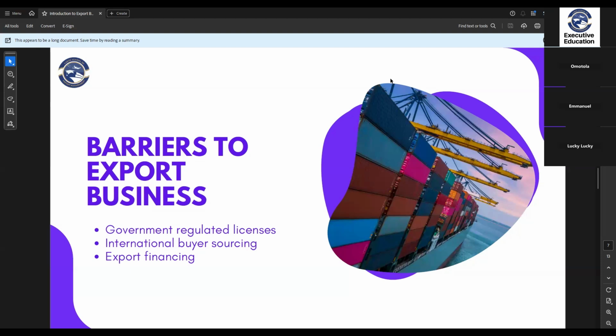So when it comes to export financing, depending on the kind of export or the area you want to enter into, what your entry strategy to the business is, export financing can be an issue. Yes, I agree, export financing can be an issue, but we are going to trash it out also as a class here. So how to finance, how to raise capital, how to get the money that you need to buy and to procure